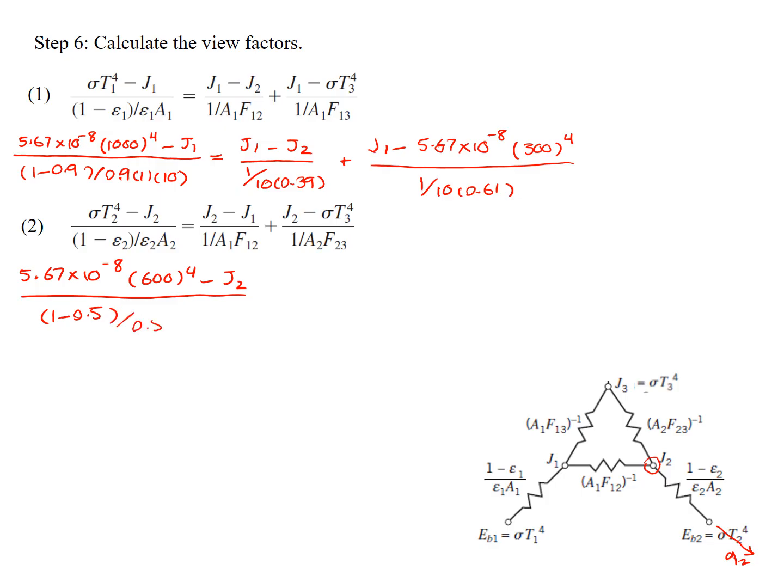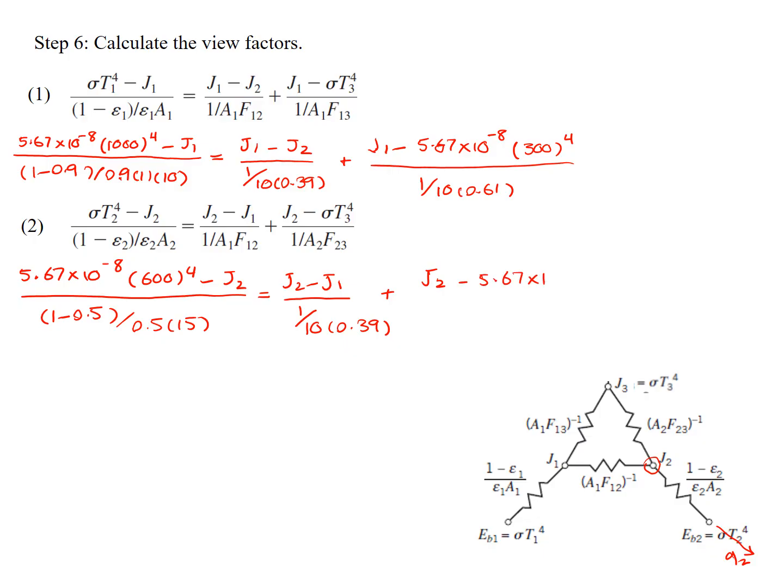Divide that by 0.5. Area 2, which was 15, is equal to J2 minus J1. I'll keep them because they're just unknowns. 1 divided by A1, A1 was 10, the heater area, and F12 was 0.39, plus J2, again unknown, minus